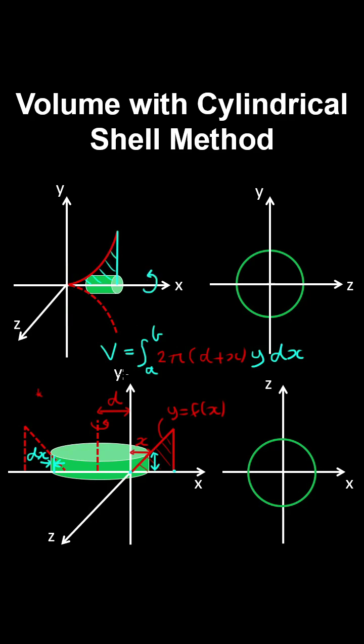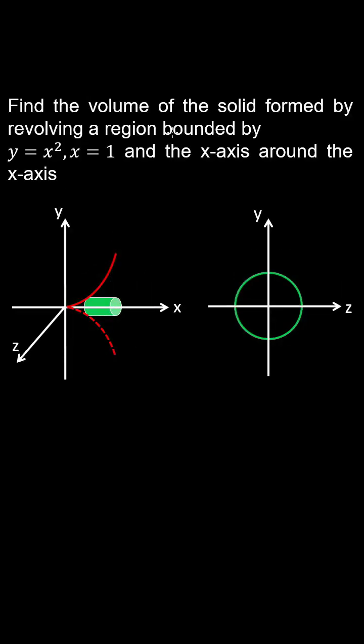around the x-axis. Let's find the volume of a solid by revolving a region bounded by the parabola x equals 1 and the horizontal axis, which is this 2D region over here, revolved around the x-axis. And we're going to use cylindrical shells. So this cylindrical shell is hollow, and it has a radius of y, and we multiply 2 pi by the radius, and multiply by the length of the cylinder, which is 1 minus x,